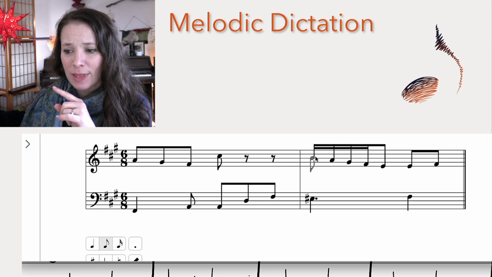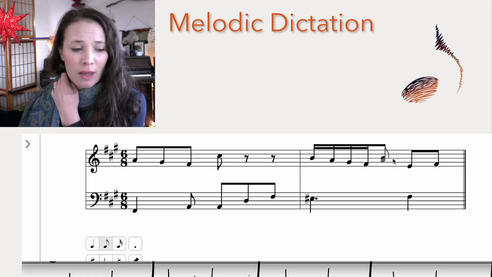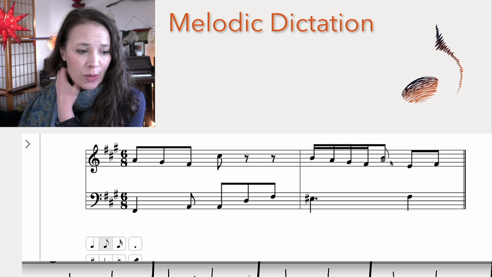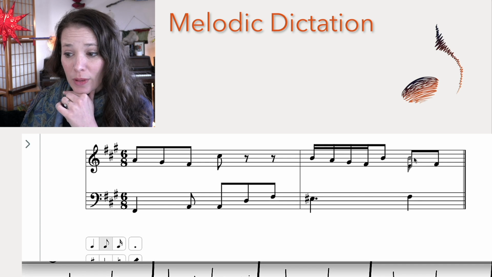And then it leaps up to the same pitch that it started on. And then it goes up by step to the next note, which would give us an open 5th here, and it would be the same note here. So do we have, what's this interval? Is it an open 5th? Or